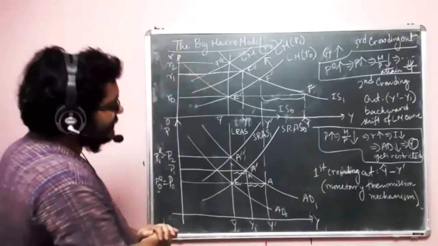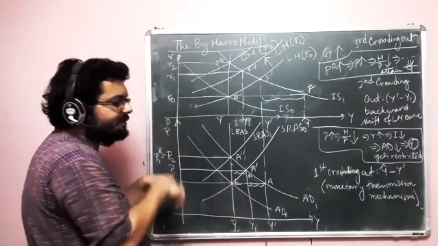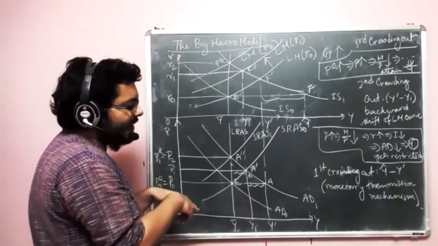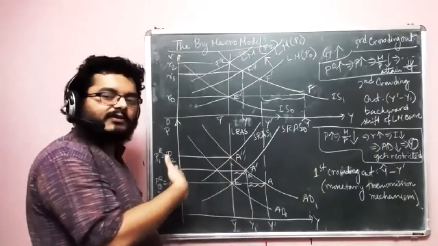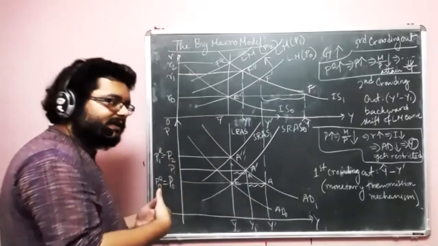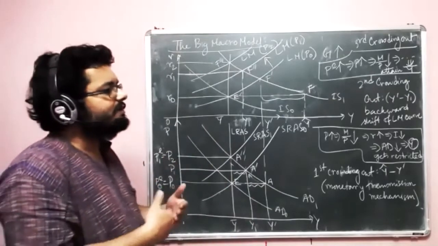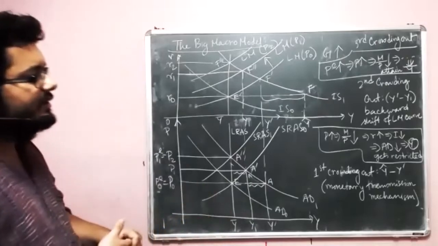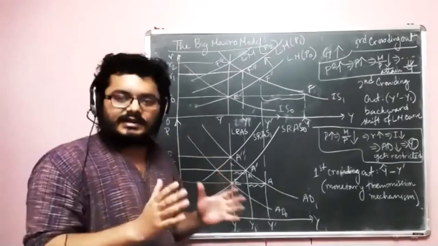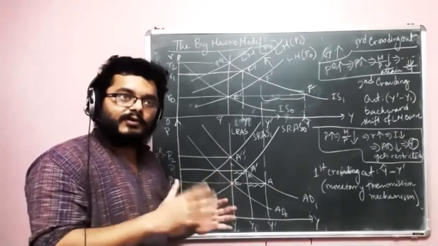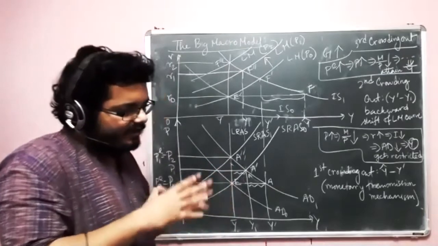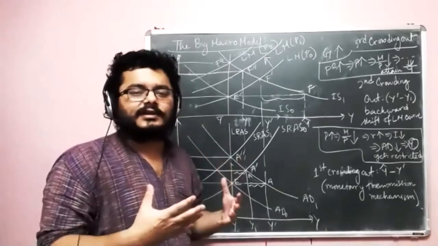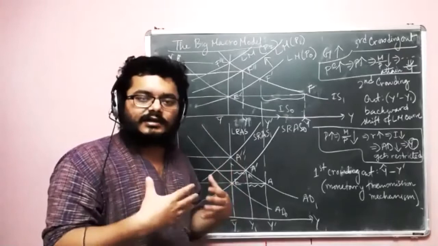But one of the important things here is that if this analysis is correct, then the transition path automatically returns back to y bar, and that itself says: what is the need of a stabilization policy? We should not do that. Now, Keynesian economics started its journey in the background of a recession, and that's a very important point, because many of its objectives or beliefs come from the scenario that was observed in recession.